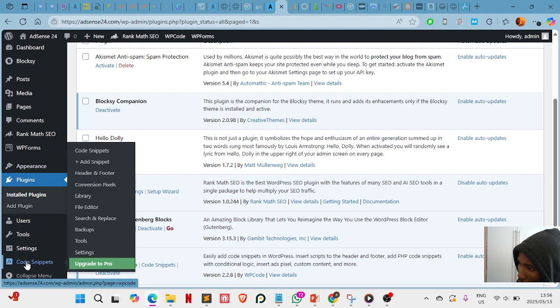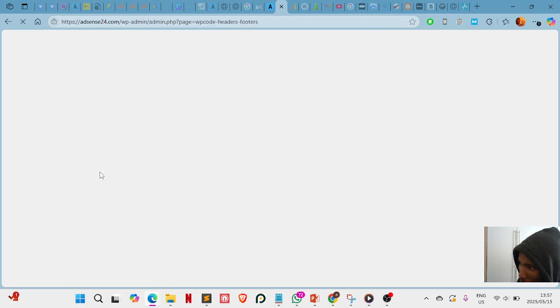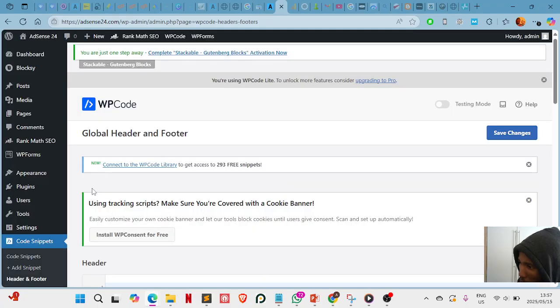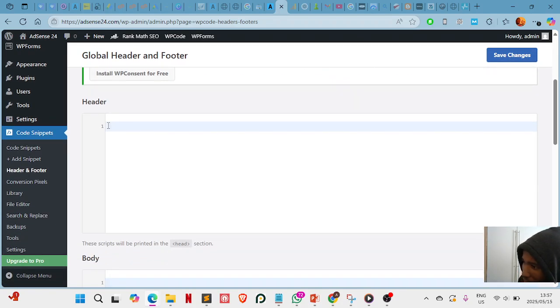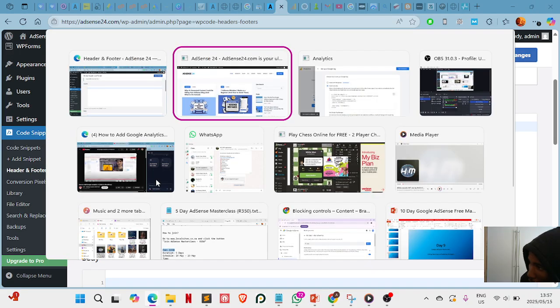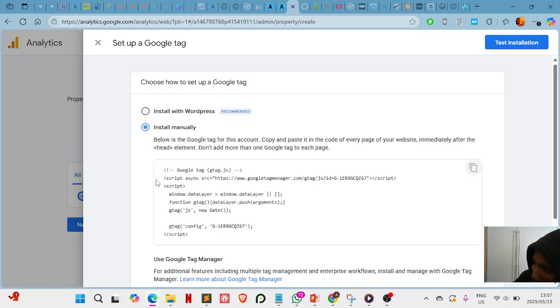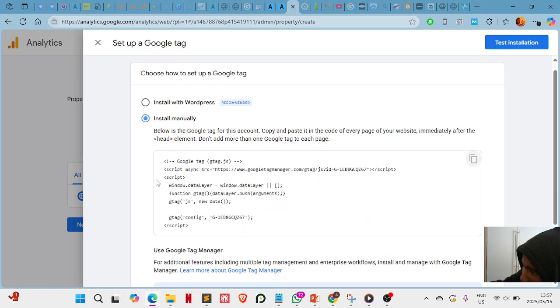I will come here, code snippet, and I will then go to header and footer. It's my first time doing this, so if I go round and round, don't come after me. Yes, and then in the header I will put it here, and as it says, these scripts will be pinned in the head section. So if we go back to the tag here, Google says